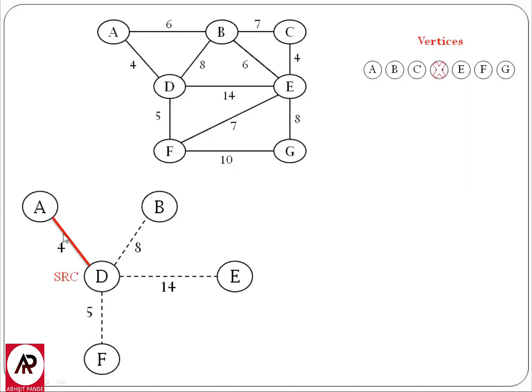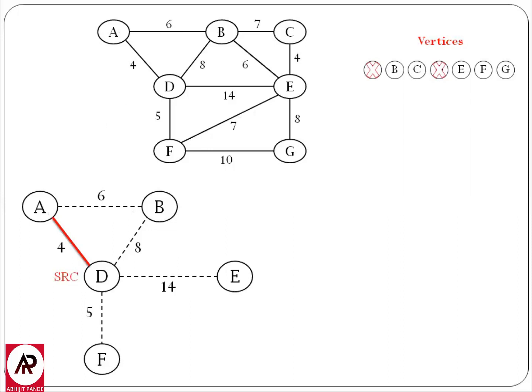Now this edge is added in our MST, and the edge is connected with the two vertices, that is D and A. Here the node D is already considered, so we have already crossed it. The new vertex that is present in our MST is vertex A. So I have cancelled the vertex A now. The next step is to identify the paths that are originating from the new vertex, that is vertex A. There are two paths originating from A. One is A to D having cost 4, which I have already considered, so there is no need to reconsider it. And the second path is from A to B having cost 6.